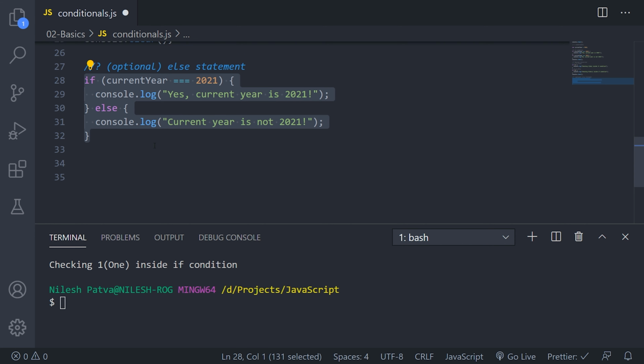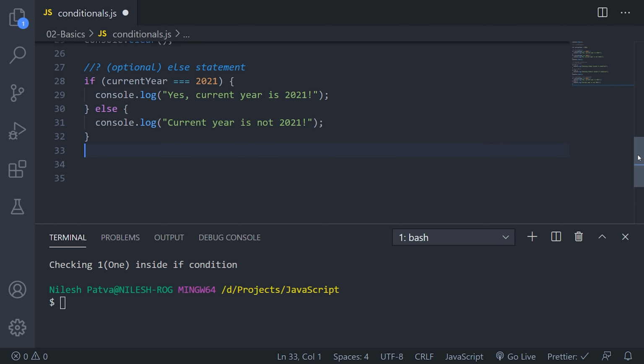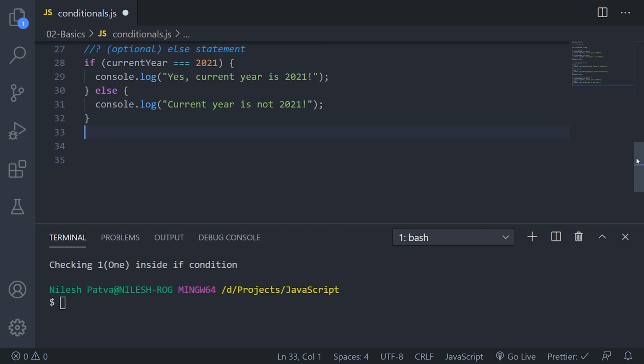There is one more conditional statement we can use. There is an optional else statement you can attach to any if condition. Let's say you have one condition checking here, and if that condition fails, then you want to perform something else. Something like, if this is true, then this, else perform this.